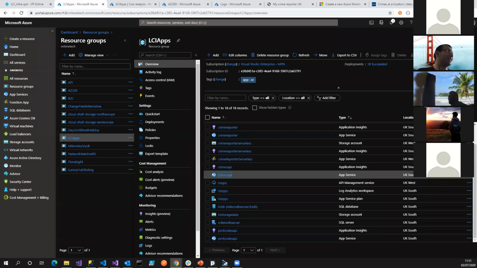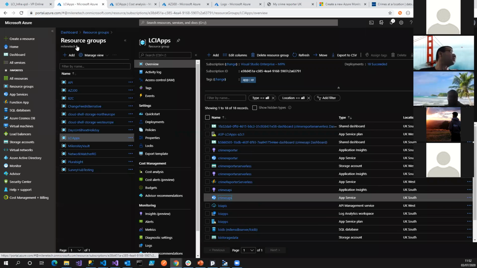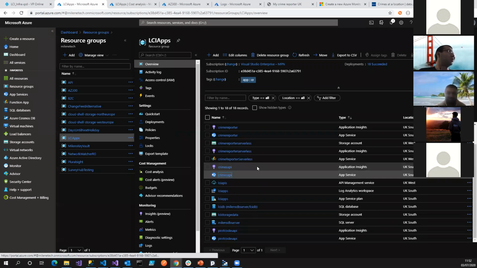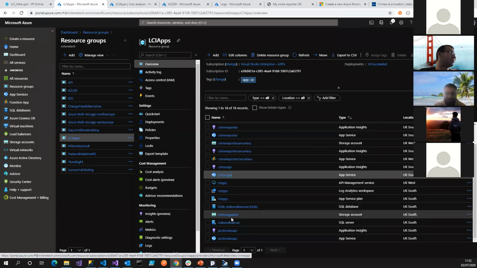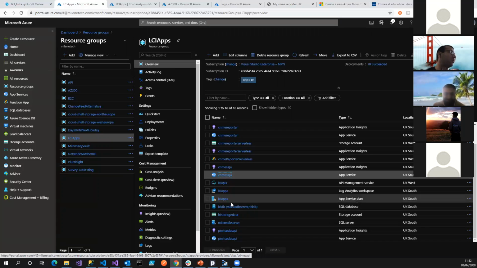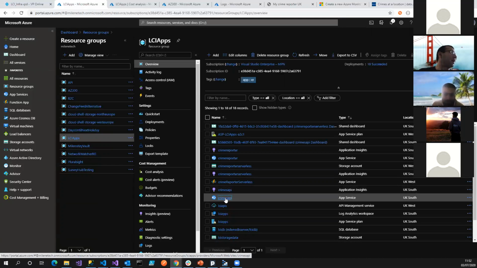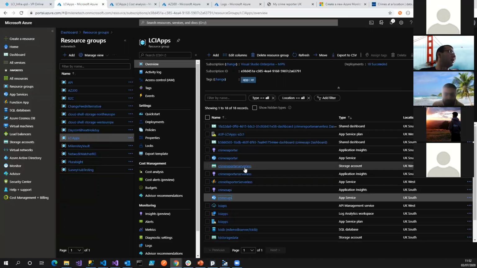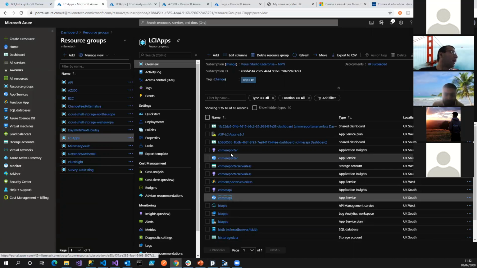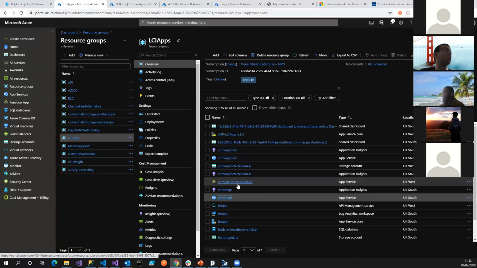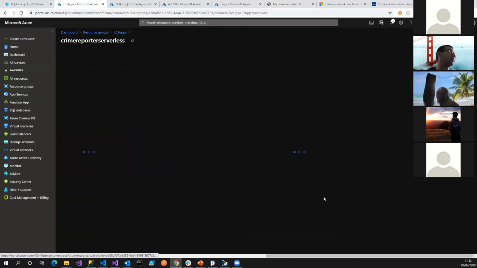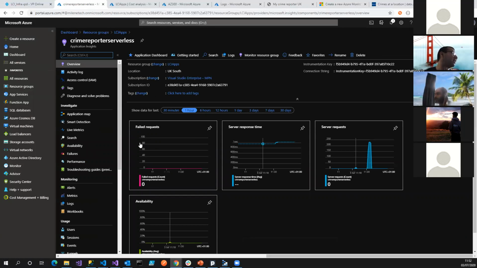So if we return now to Application Insights, so this is the resource group. This is the app service plan that hosts the 3 API apps. So we have the postcodes API, the crimes API, and the crime reporter, which is the client app. And the function itself, the crime reporter serverless, is the function that does all the work. So let's have a look at what's happening currently. I've enqueued that, and I'm going to show you